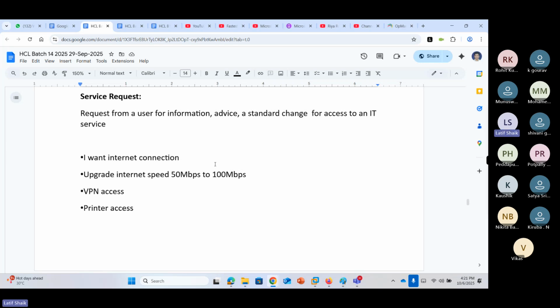What will you do? You have to verify whether this particular user is listed for VPN access or not, approved or not. Already approval is there, a pre-approved candidate or not. You have to verify it. If he is on the pre-approved list, you'll connect to the client system, install the VPN client application, and configure it. Once things are completed, ask the user to connect and check that the VPN service is working.